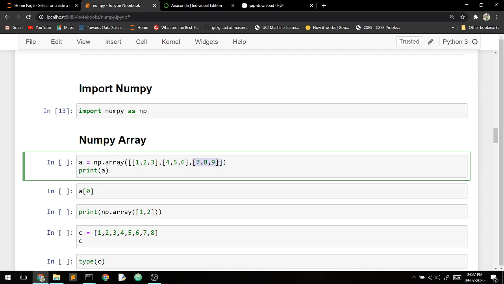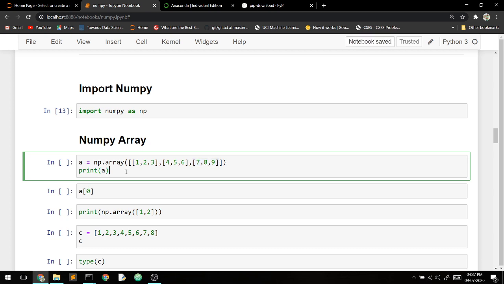Here we are creating a two-dimensional array, because this square bracket is the first dimension, and inside that dimension we have three elements. You can see that.